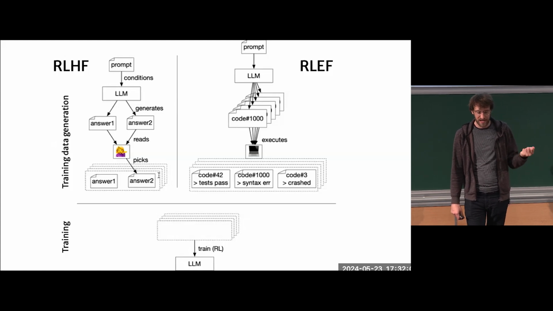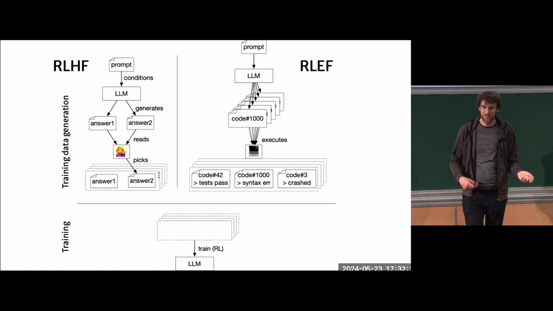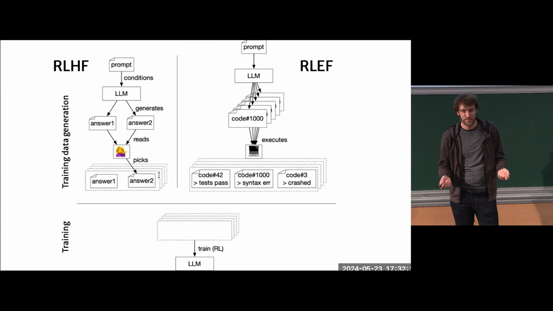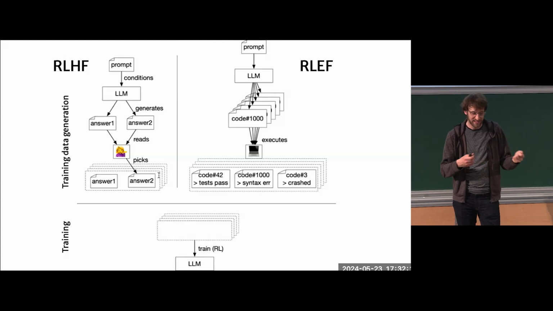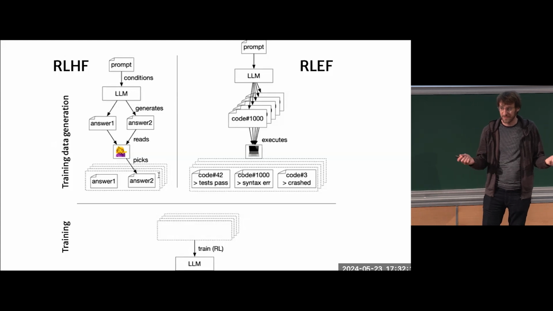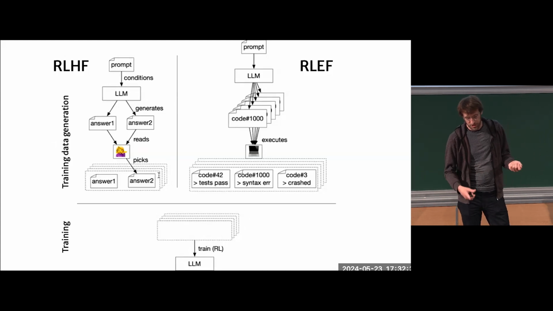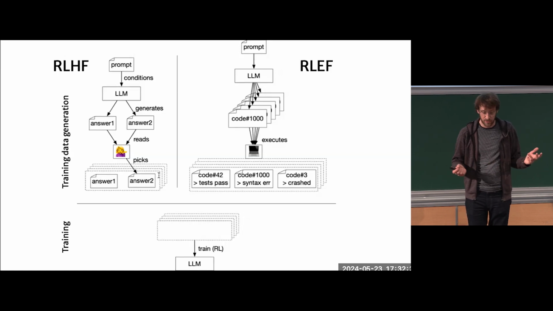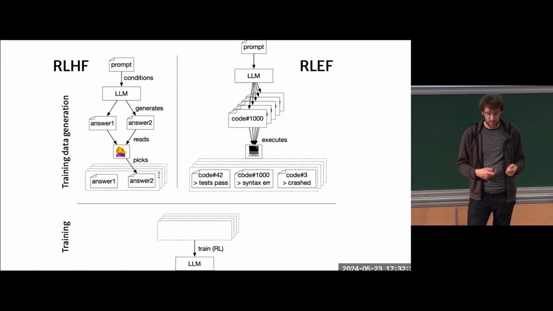So instead of doing RLHF, we only propose 2 or 3 alternatives to the humans because they cannot spend all their time reading answers. They cannot compare. A human cannot compare 1,000 different solutions. But if we don't have to use a human for rating, we can generate a lot of solutions. So let's say you have a prompt, you generate 1,000 solutions,